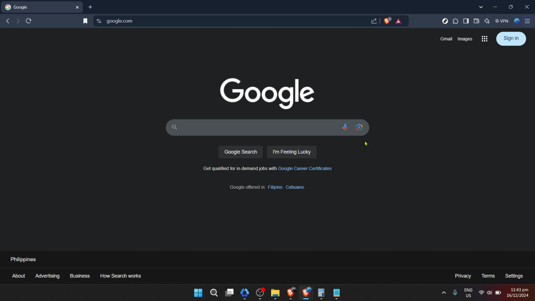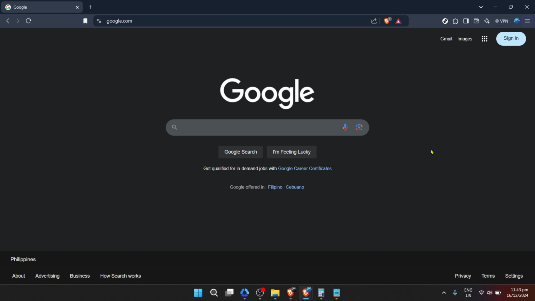Let's dive right in. The first thing you'll want to do is head over to Google's home page. It's the gateway to accessing all your Google services, including Gmail and Calendar, where our tasks reside. While it may seem basic, starting here ensures a smooth transition through the entire process.